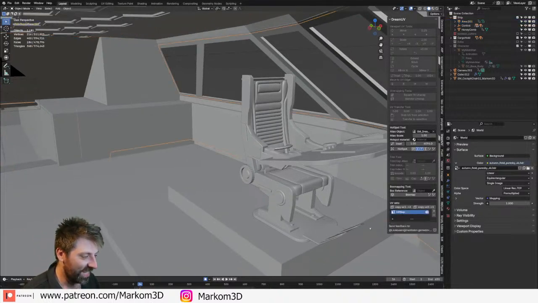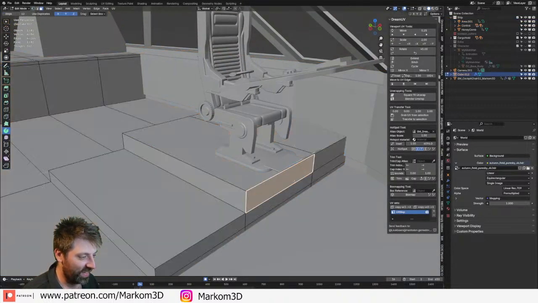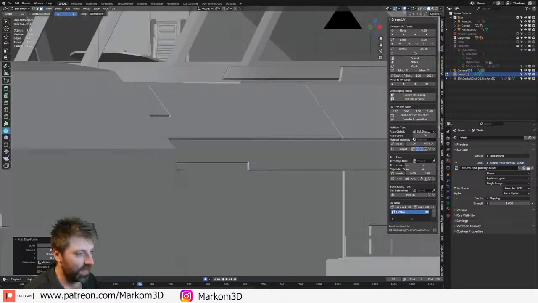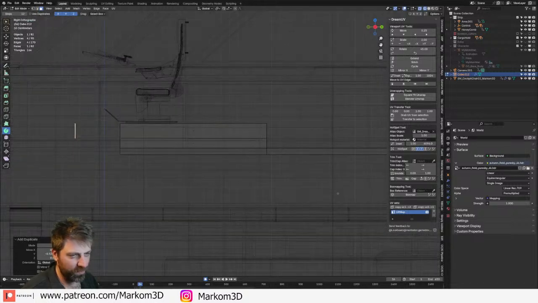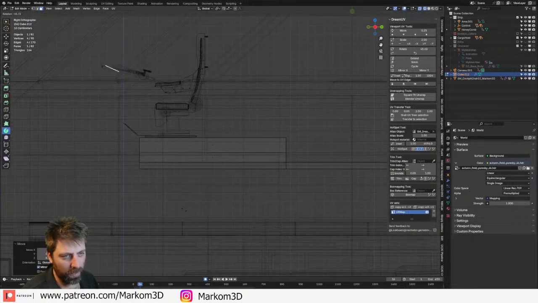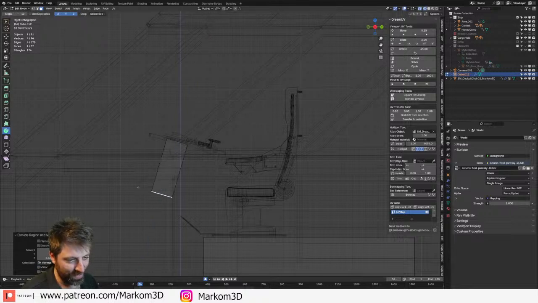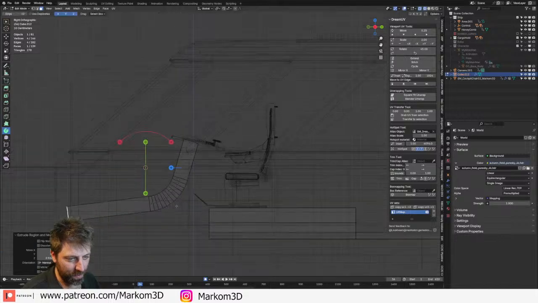Okay, all right. Let's go ahead, create this. I'm just going to go Shift D, Y. Let's go into the side view, and then let's do something like this. E to extrude, and then we will just do something like that.